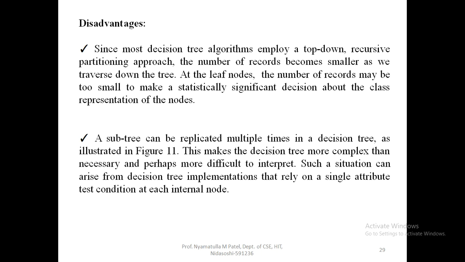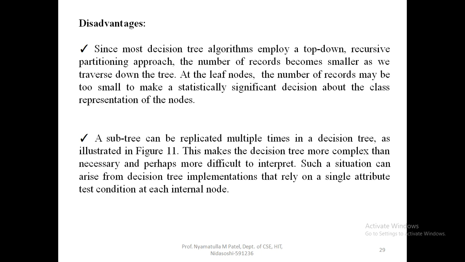At the leaf node, the number of records may be too small to make a statistically significant decision about the class representation of the node. So, the training record starts from the root node, goes to the internal nodes and comes to the leaf node. By the time it comes to the leaf node, the available number of records will be too small to make a statistically significant decision about which class